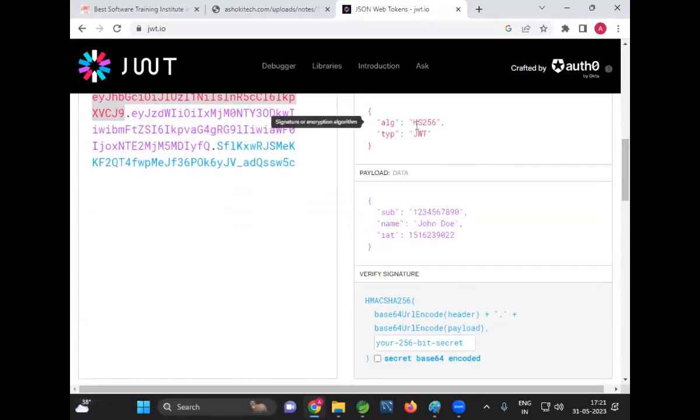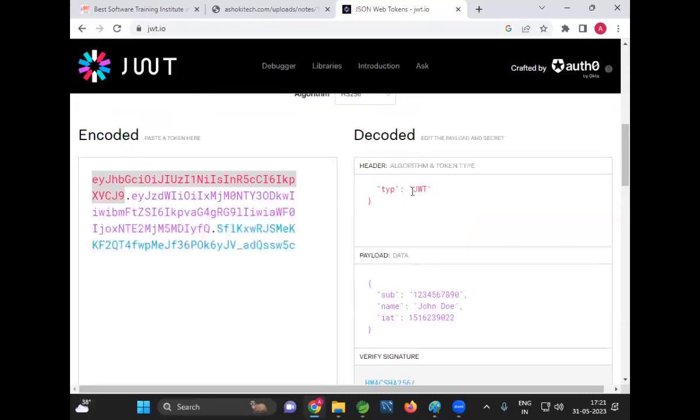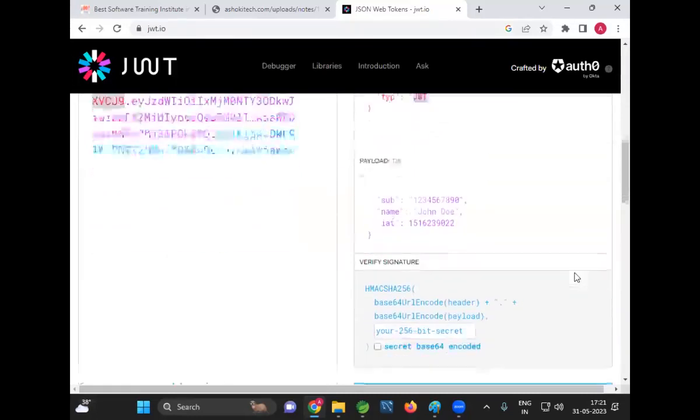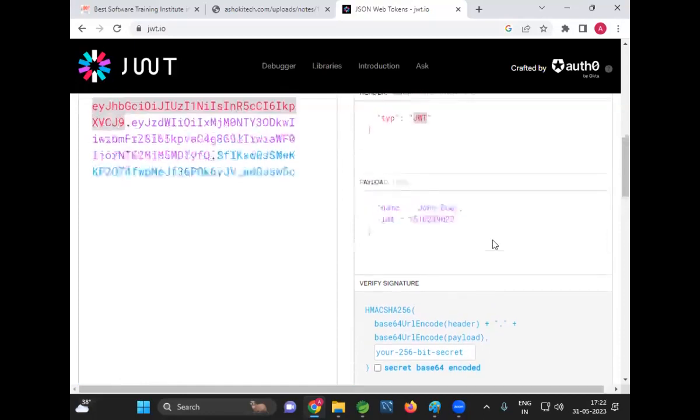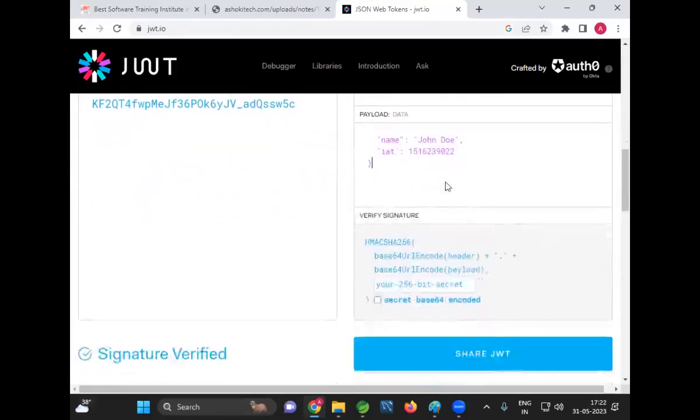The algorithm we are using is HS256. The token type is JWT. Now coming to the payload. In the payload, we can keep any information we want. They are keeping the subject, the name, and some ID. You can keep any information in the payload, whatever you want, which is used to identify which client this token is generated